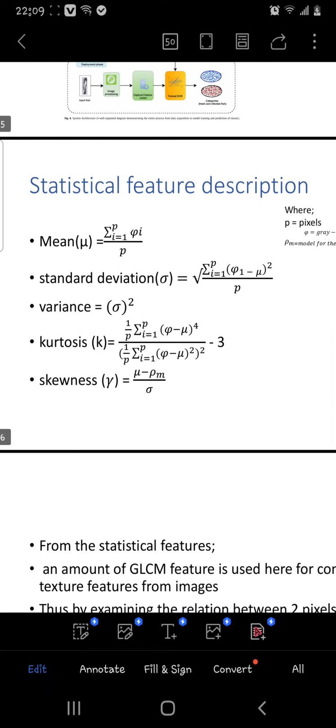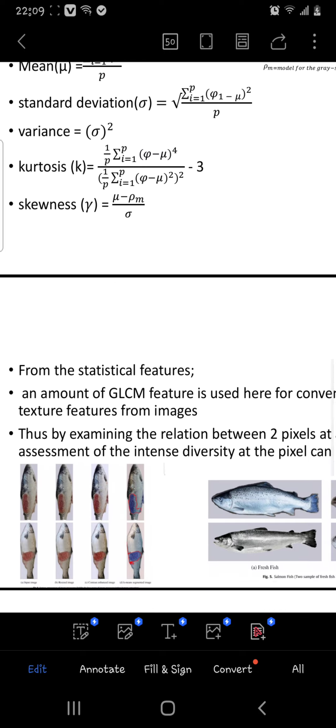These are the descriptions for the statistical features we extracted from the data: standard deviation, variance, kurtosis, and then the skewness. All these will be used in differentiating the texture of an image of an infected fish from that of a non-infected fish. And from those statistical features,